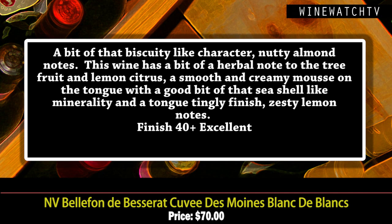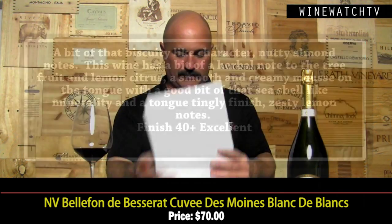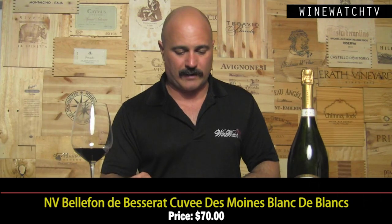No malolactic, so higher acidity here. They age for 4 to 5 years before disgorgement, which is 3 times the length you're required to by law. And a bit of a biscuity character. You get that nutty aroma from wines that have been on that yeast for that long, the yeast autolysis. A little bit of herbal note to the tree fruit, the lemon citrus. Like I said, a very fine, creamy mousse, a good bit of that seashell-like minerality coming through on the finish, some zesty citrus notes. And that's the entry level here, or I shouldn't say the entry level, the Blanc de Blanc, rather, which I thought was a little heavier than the Brut Classic, but they showed the Rosé next,